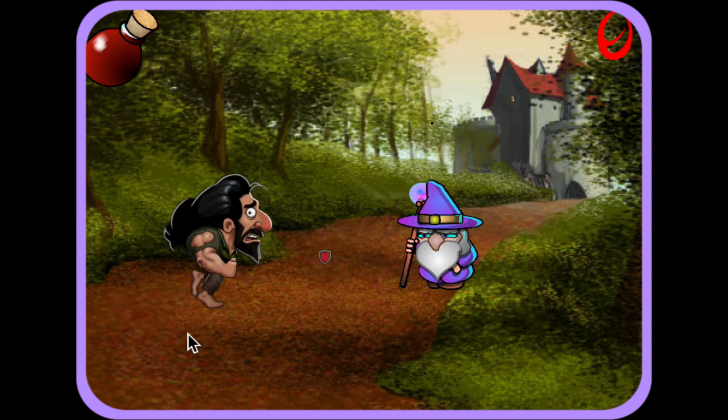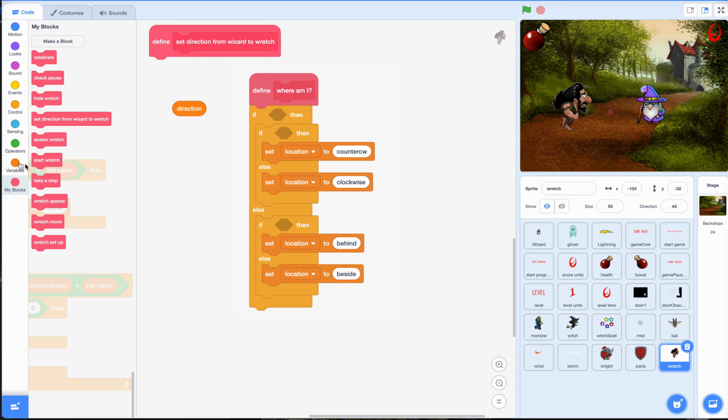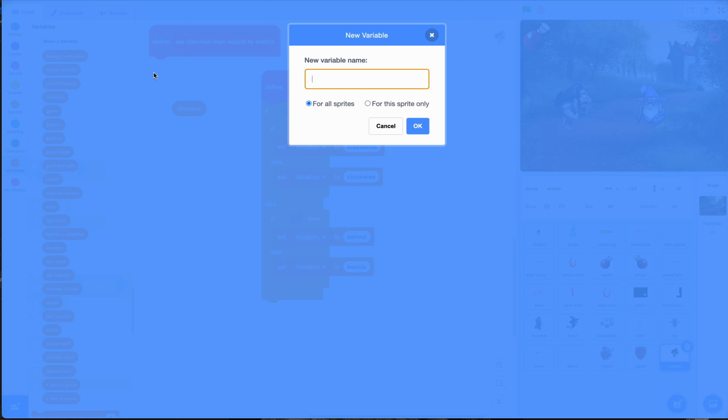So that's great. So the other thing we need to figure out is the direction from the wizard to the Wretch. So let's make a block, call it set direction from wizard to Wretch, and then make a variable, direction